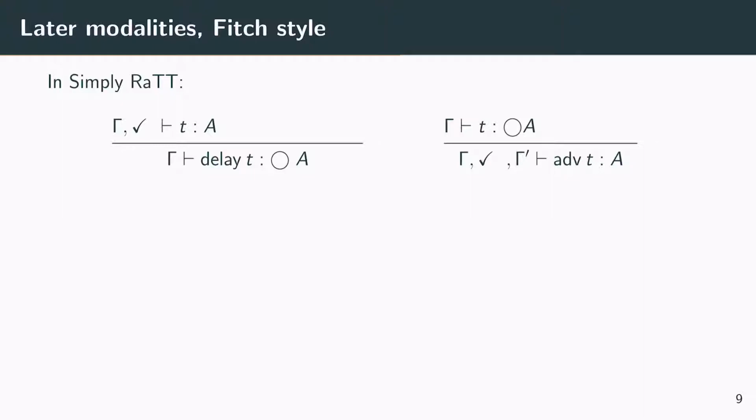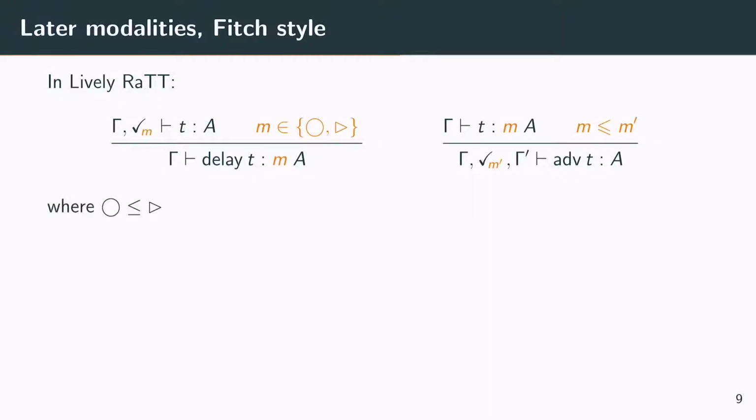So the same happens in our new system, Lively RaTT, but here we have two modalities, the circle and the triangle, and we allow both the delay and the advance for the two modalities. So delay is an introduction form for circle and the triangle, but then we annotate the token tick with the corresponding modality, circle or triangle. And then we can use, again, this token to eliminate the corresponding